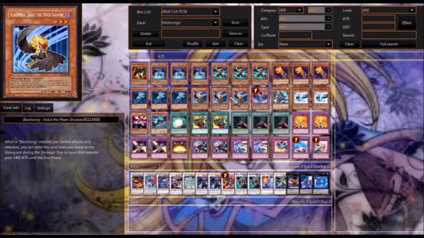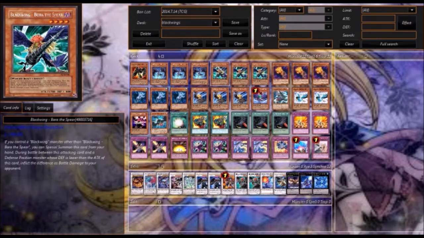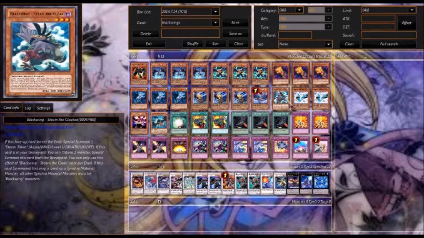Triple loot because they gain 1400 attack, not as good as an honest, but hey, 1400 plus attack during the damage step is not that bad. Gale, because it's a level 3 tuner that has the attack of a monster, and it's permanent, so you can continuously have it each turn, which helps a lot when you're trying to go for those OTKs with Bora or any of your other monsters. Steam the Cloak,